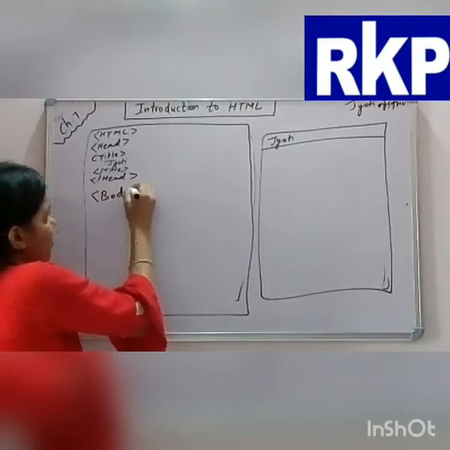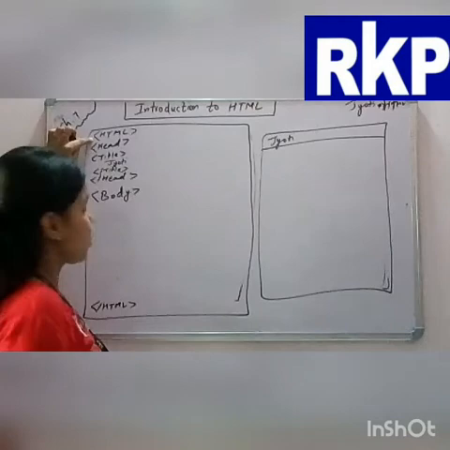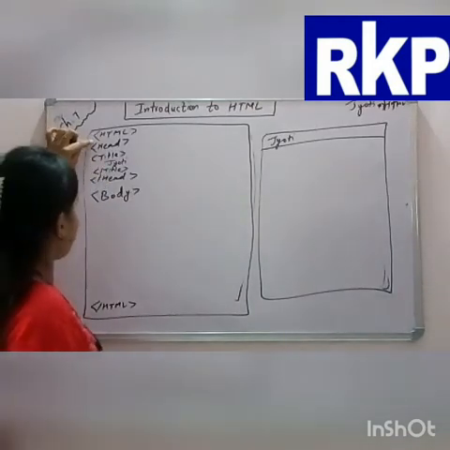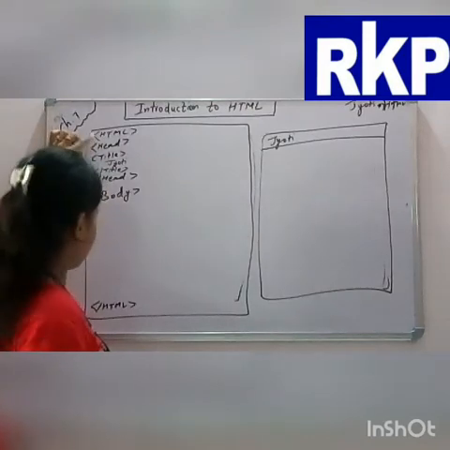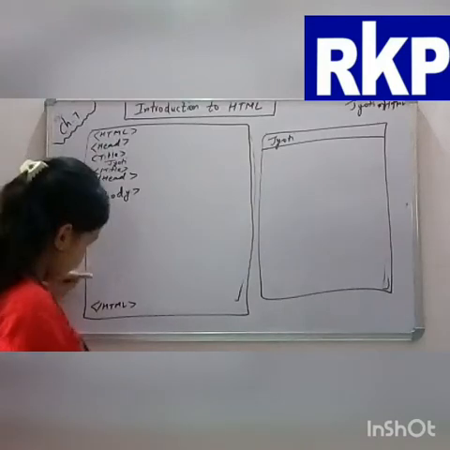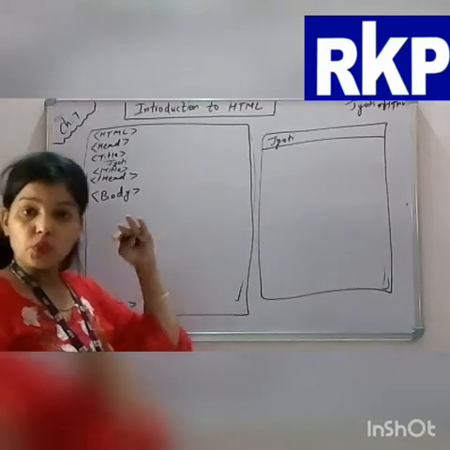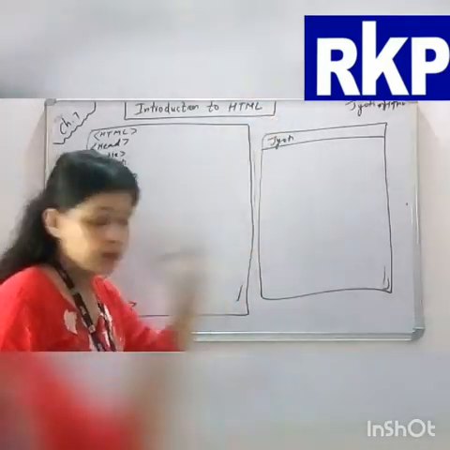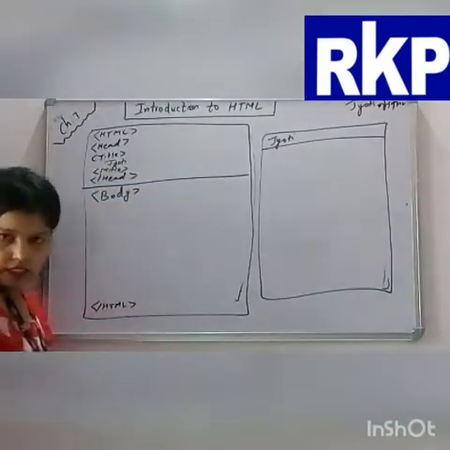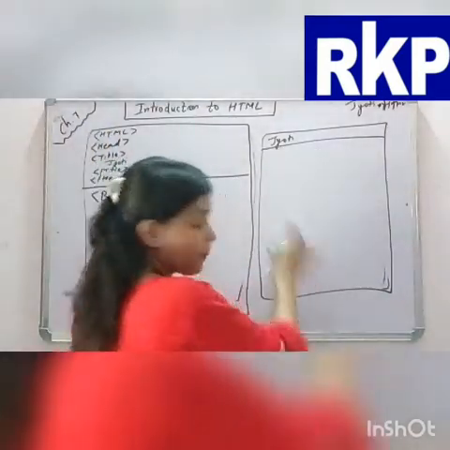Now a question will come in your mind: ma'am, you are saying that if you are opening the tag first, you have to close it at the end. So what about head? If you have opened head here, head should be closed here. Title here, so title should be last third? No. Because two sections are here, head section and body section. We have designed head section up to here. So leave the head. Now we are going to work on body section.